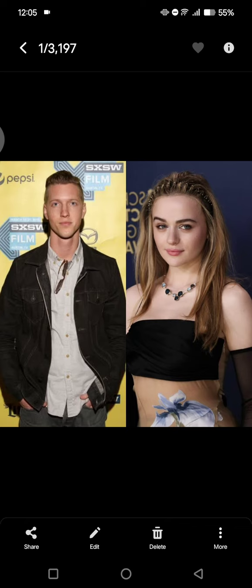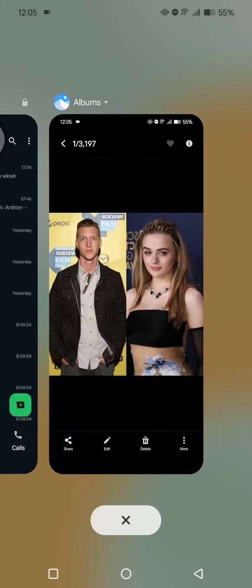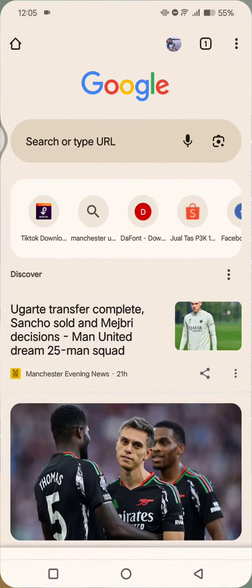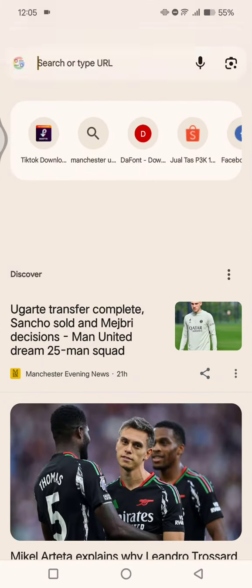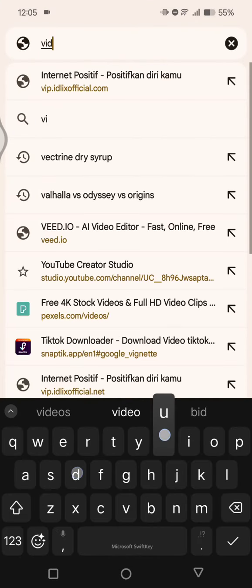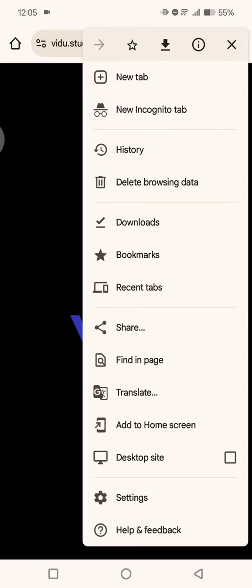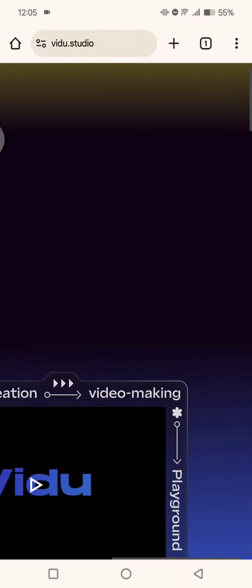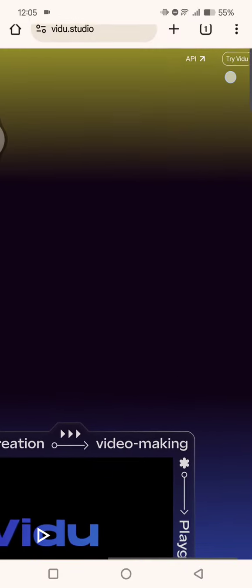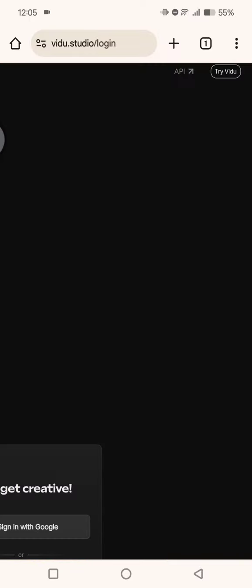And after that, you can open your browser, and then here click on the search column and just type in video.studio. Click on enter, and now click on the three dots icon on your browser and make sure that you enable the desktop site. Okay, after this you can just here at the top right corner click on try video,